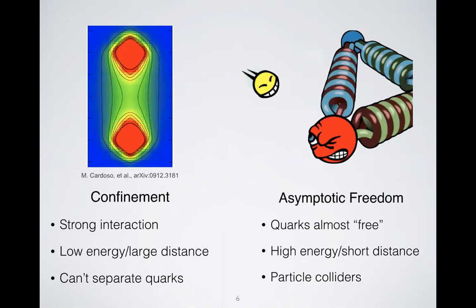Then on the other side, I've used this cartoon in class before spring break, or before social distancing, where an electron is being shot into a proton. At really high energy, really high momentum, when the quarks are close together, they are barely interacting at all. So they're almost acting like free particles. This is what's happening at particle colliders like the LHC, and this can be solved exactly.